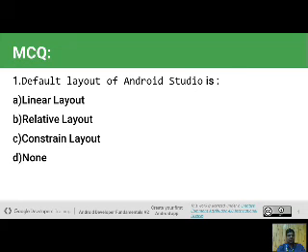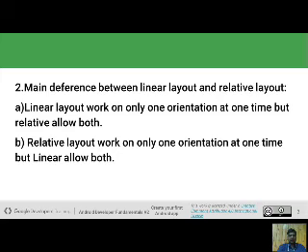We add any type of elements or components into a layout and set those components accordingly using constraints. It is very easy to design, and inside the constraint layout, linear layout and relative layout are also supported. So the answer is C, constraint layout.